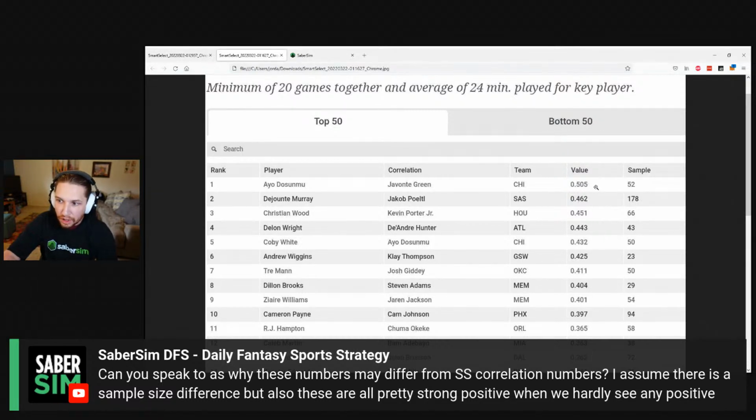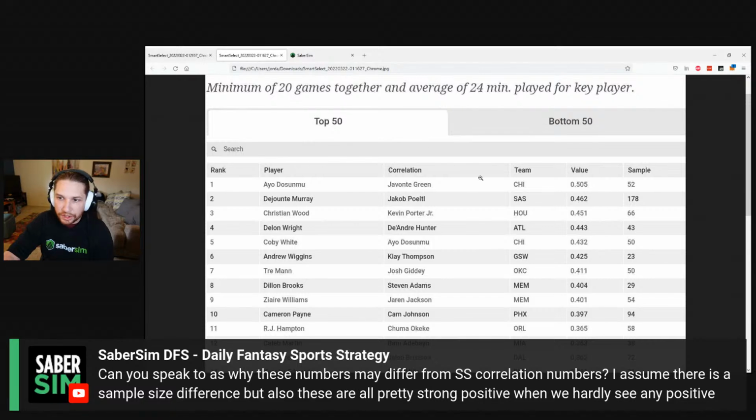I'd say this gives you no real indication that Dosunmu and Javonte Green are likely to continue playing in a way where their results are correlated with a coefficient of correlation that is as strong as 0.5. Basically, one of the strongest correlations we would measure in our simulations, period. And I think the intuitive eye to this is really the most compelling argument against it. And this is kind of like the way I would think through these things.